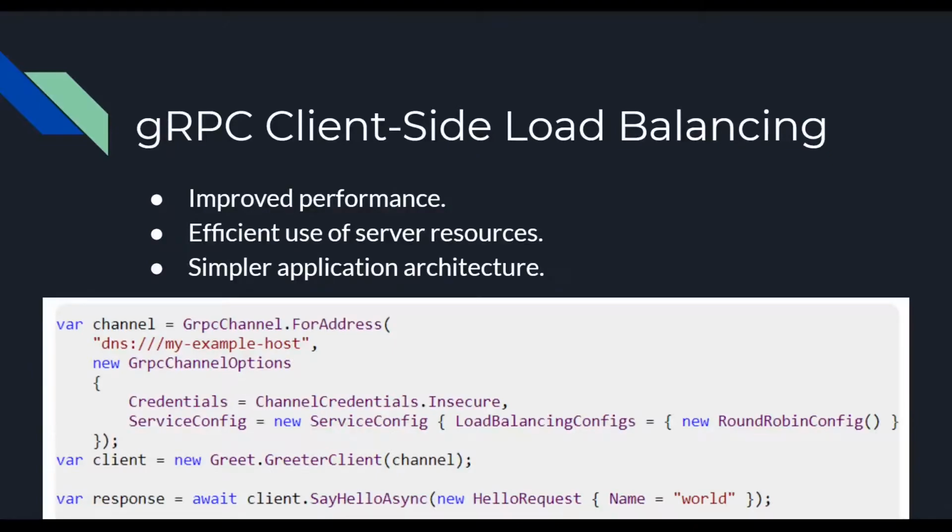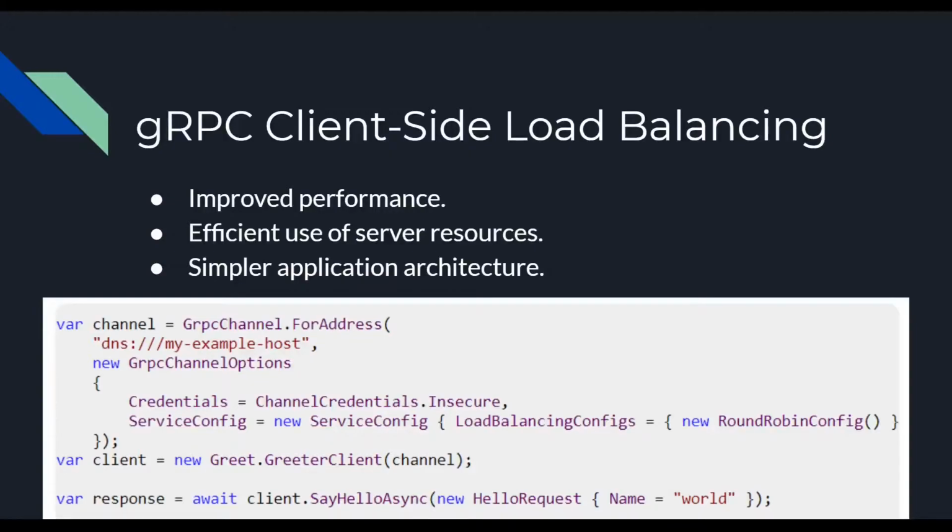.NET 6 brings client-side load balancing for gRPC. What does it mean? Client-side load balancing is a feature that allows gRPC clients to distribute load optimally across available servers. Client-side load balancing can eliminate the need to have a proxy for load balancing. This has several benefits, such as improved performance, which means no proxy means eliminating an additional network hop and reduced latency because RPCs are sent directly to the gRPC server. This results in an improved performance.